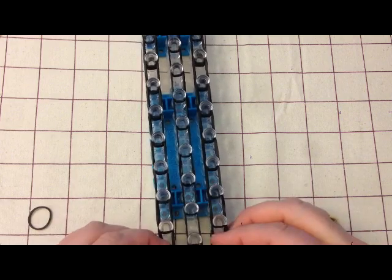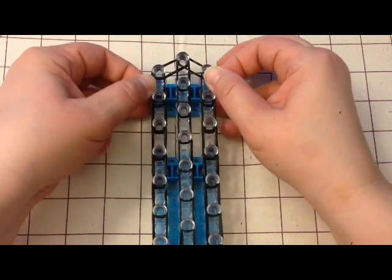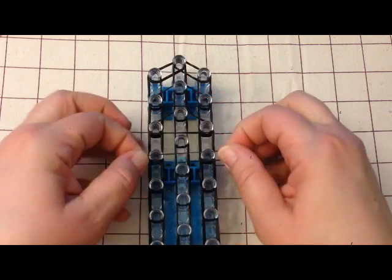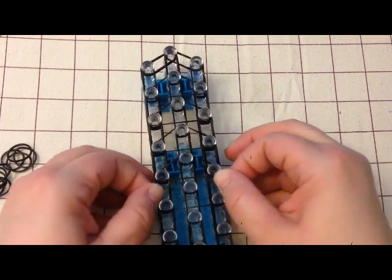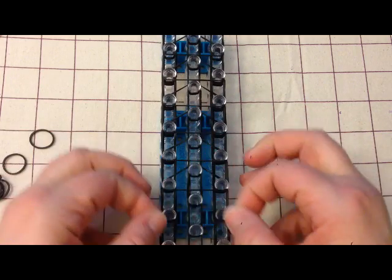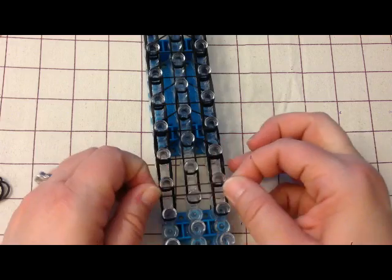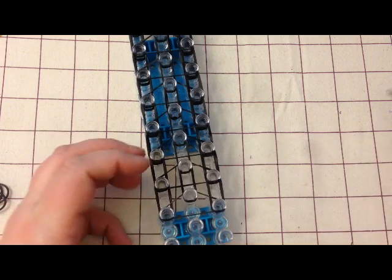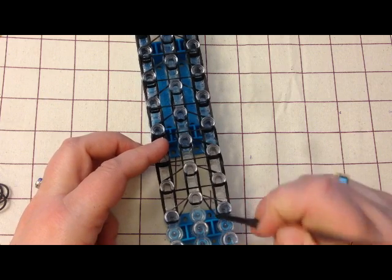And down here. Now we need to do our crossover bands. Take a single band, stretch it out and put it over like a triangle. They do not have to be double looped because it's going to stretch 5 columns. And on the bottom one here too. And what you're going to do is lift this one over, but make sure that the bottom bits are still